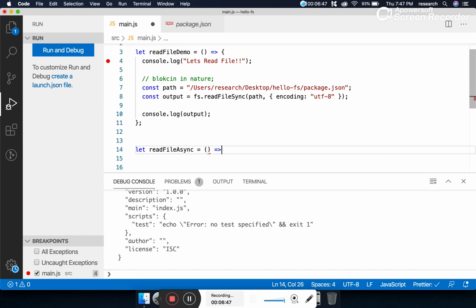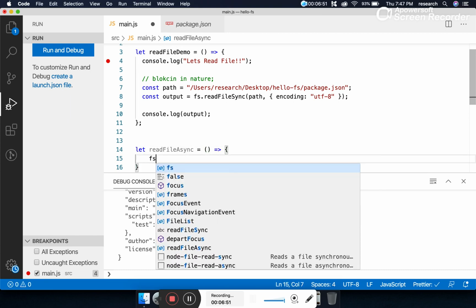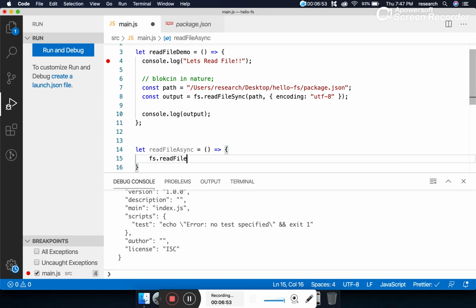Okay, and how do we do that? By using a callback. That means what? fs.readFile. So you might be thinking, why are we trying to learn this? Why? Because this is non-blocking. If you are reading a very large file, this method will be very useful in terms of performance